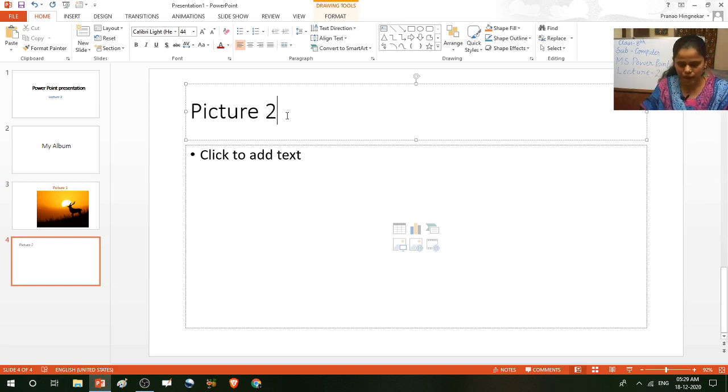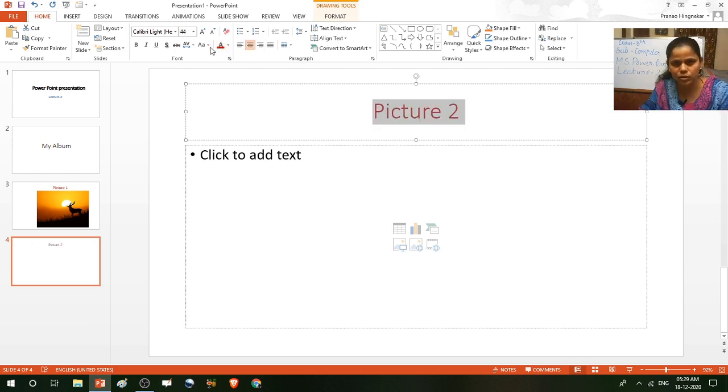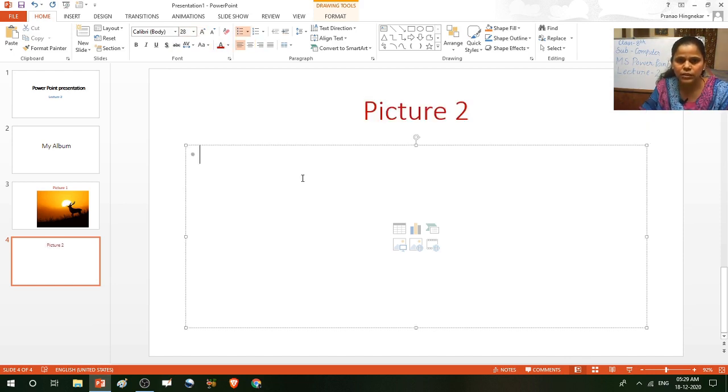Now this time we will insert an online picture. Okay, so first select the text and center align, then set a color, font or size. Then if you want to insert any online picture, here are 2 options. Number 1, click on the online picture icon. Here on the slide there are 6 icons.